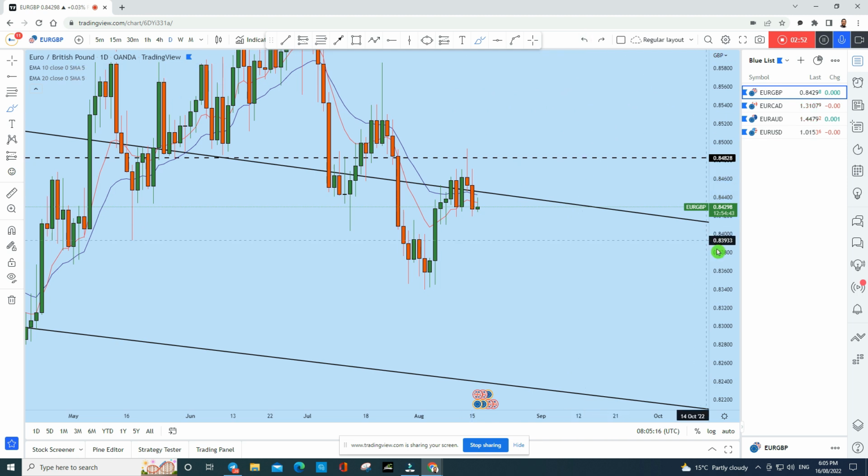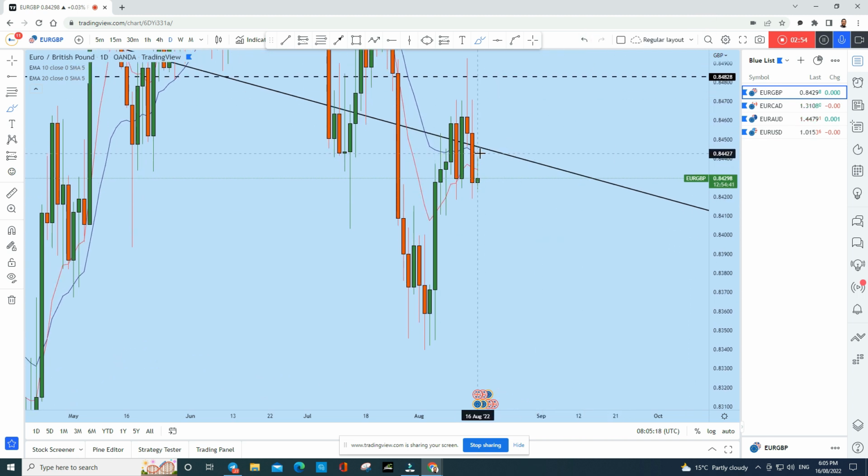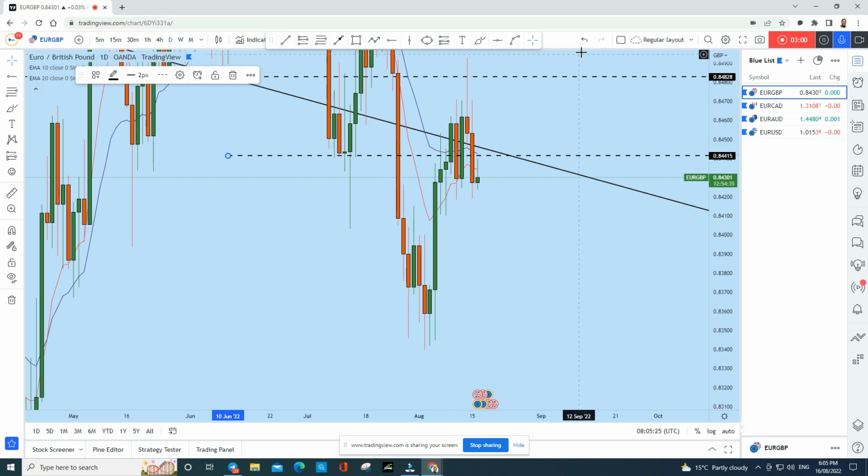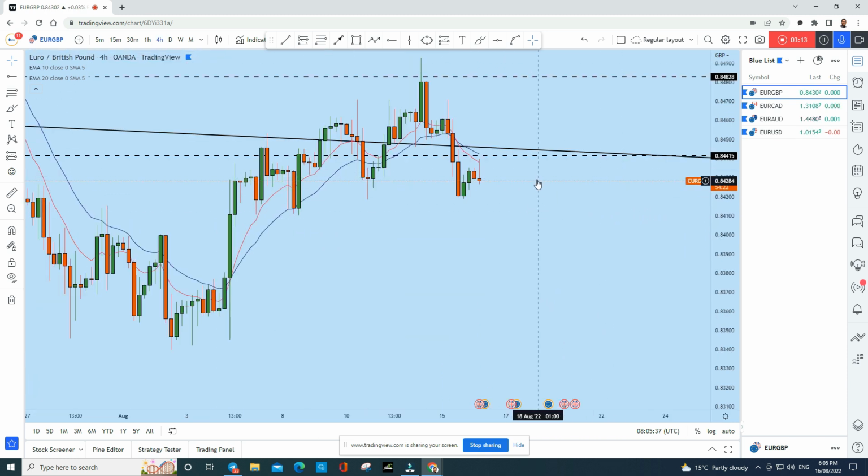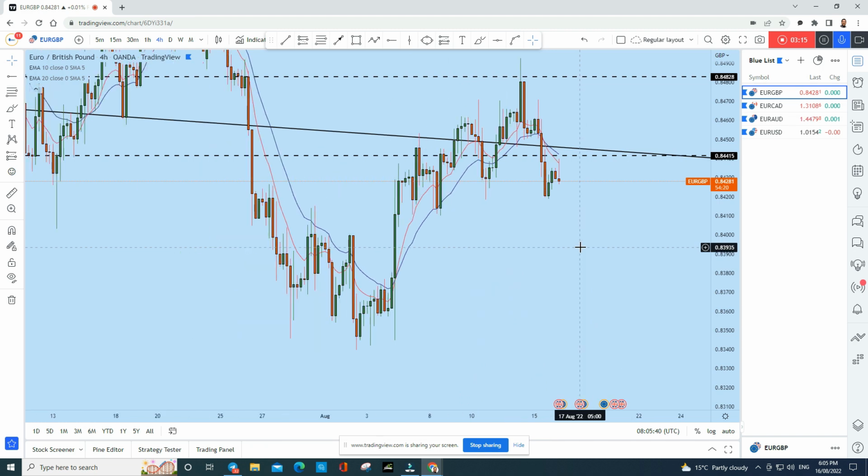Today you can see the price just below this daily 20 period moving average. If you draw a level here, we can see that either the price might test this daily 20 period moving average, or we can see a drop, as the price has already started to drop from this zone with a reversal pattern. Now looking at the 4 hour, this is the zone where we are expecting